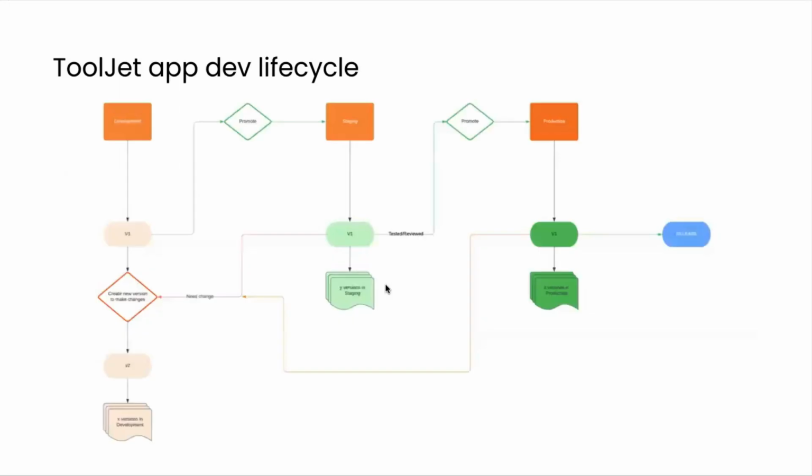Okay, so to give you a glimpse, we'll come back to this image once again, just to give you an overview of how these environments are structured and how they work. Right, you are in development. As you begin, you can create versions of your application. So you can go for version 1, version 2, and so on, to any number of versions. Once you're in a specific version and you're good, and you want to promote your application to the next level,